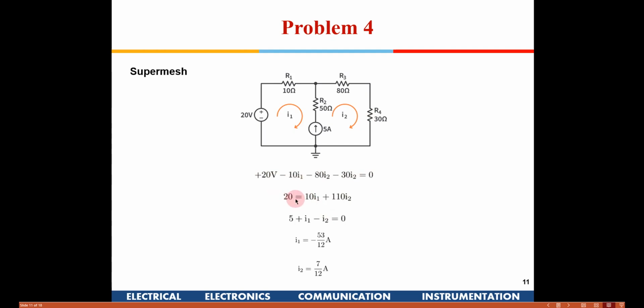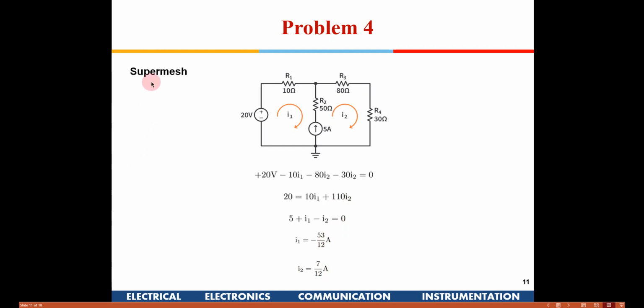So just simplifying that, you get 20 into I2 plus this is the equation which we have. And now the second equation, we require two equations. The second equation is to try and relate this current source. Here the current source 5 is going to the top, and I2 is coming from top to bottom. So 5 plus I1 minus I2 is equal to 0. So you get a second equation. Solving these two equations, we can find the values of I1 and I2.